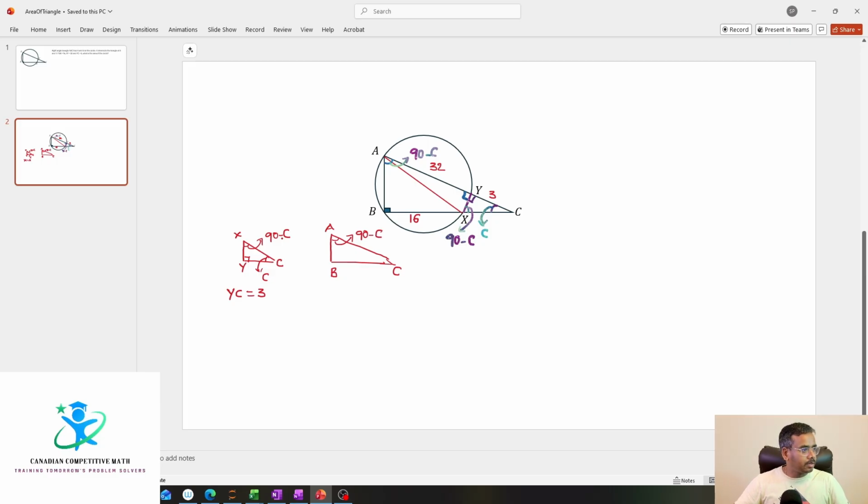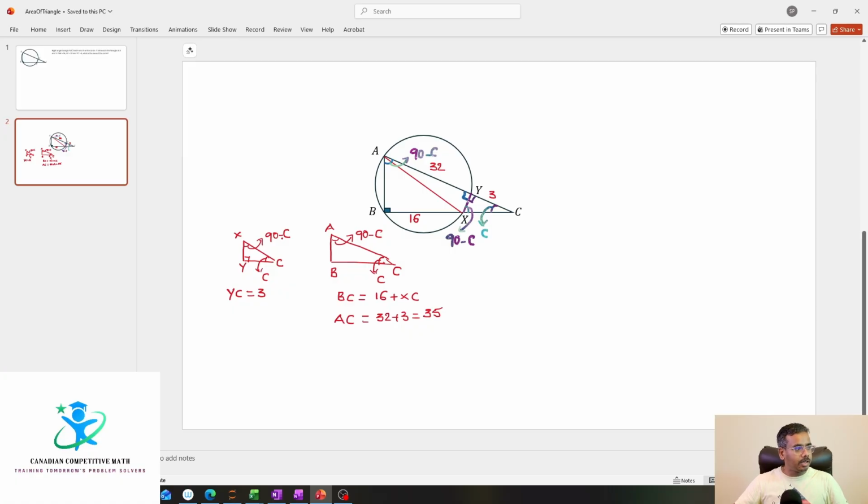This is 90 minus C. I have this as C. I don't know what BC is, because BC is 16 plus XC. BC equal to 16 plus XC. I know AC is equal to 32 plus 3, equal to 35. Right. So we can see that triangle